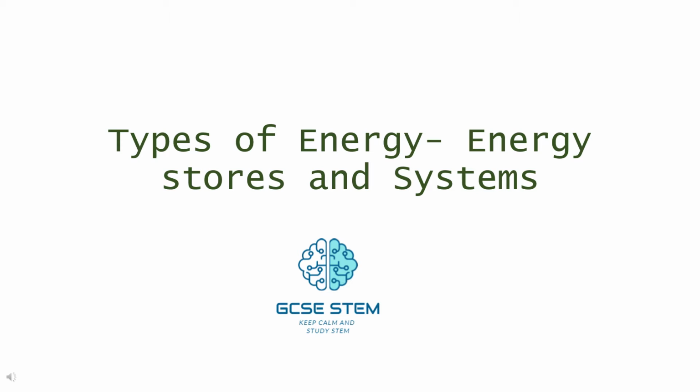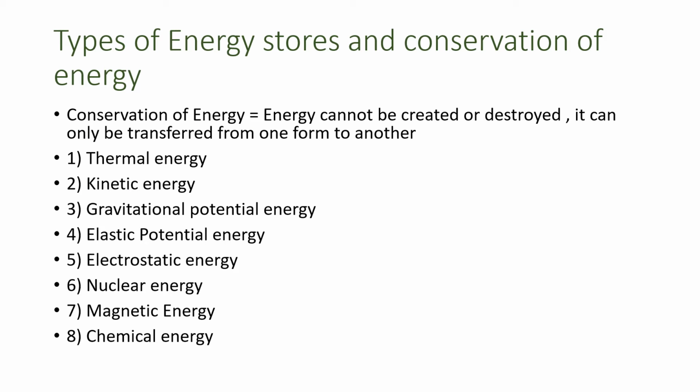In today's video, we're going to be learning about different types of energy. Now, the key law surrounding energy first and foremost is known as the conservation of energy. It states that energy cannot be created or destroyed, it can only be transferred from one form to another. And the 8 examples of energy you need to know are thermal energy, kinetic energy, gravitational potential, elastic potential, electrostatic,